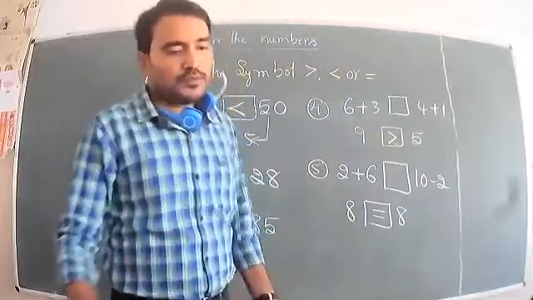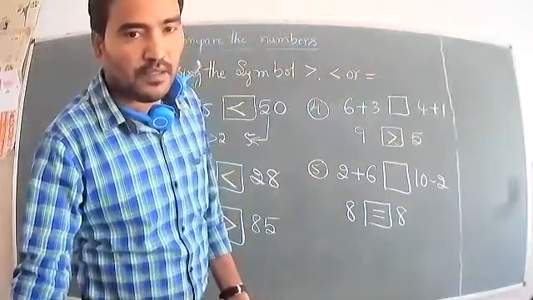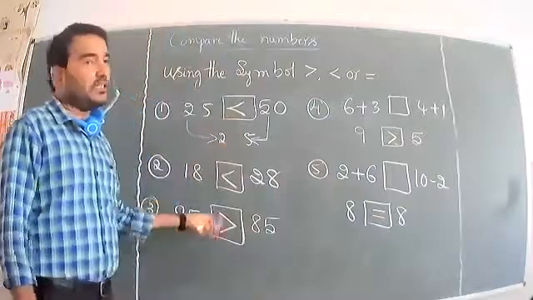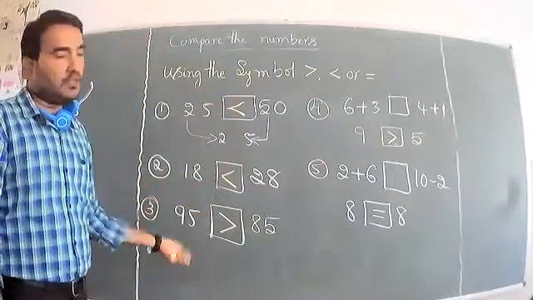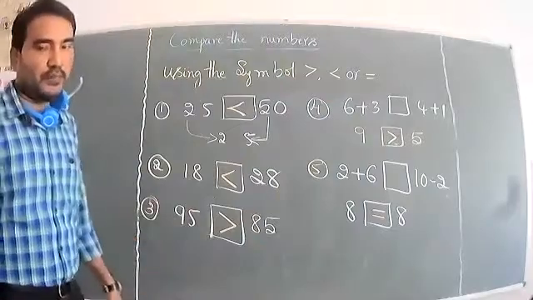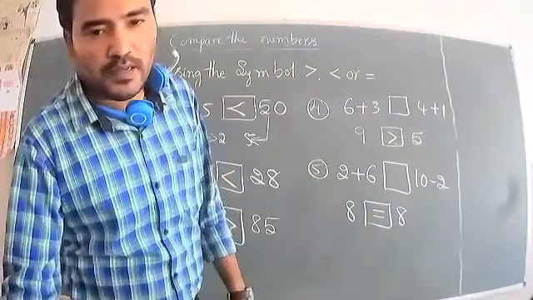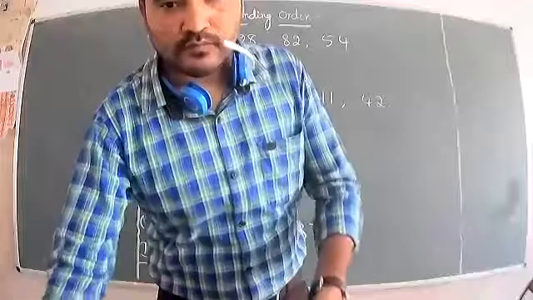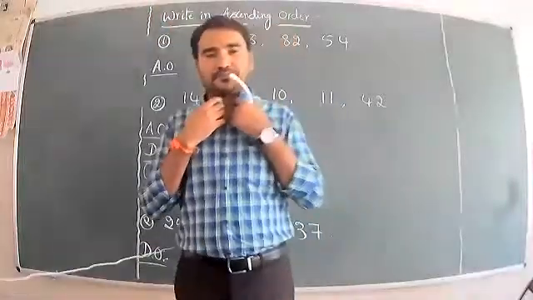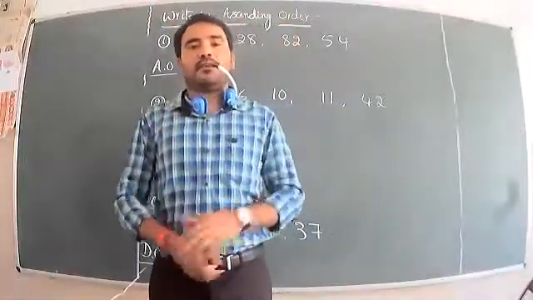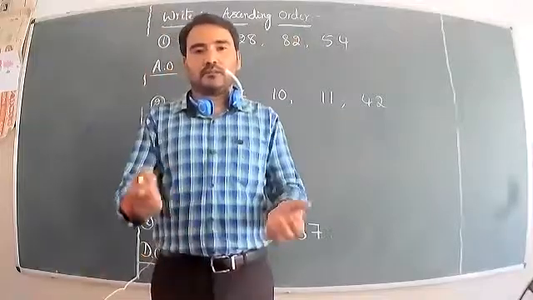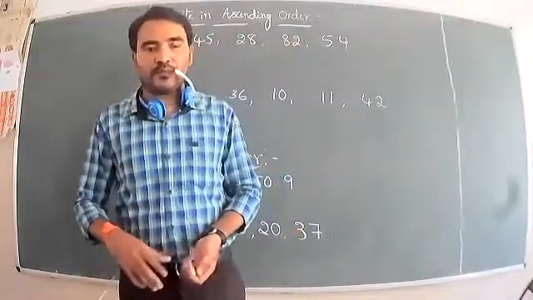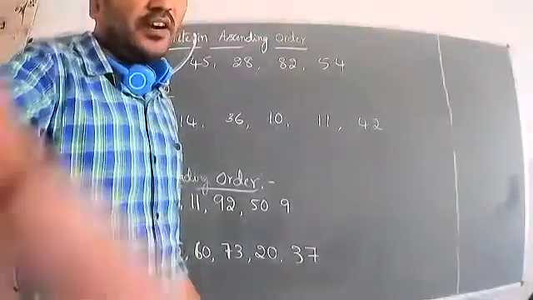Did you understand this concept? The main concept is that a 3 digit number can also be given, but here only 2 digit numbers. Now go to the ascending order and descending order concept. Children, you know ascending order and descending order. We already learned comparing the numbers, so now using that concept we can find the ascending order and descending order.